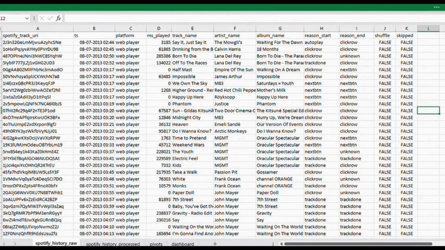I have worked on this dataset, which contains a user's Spotify streaming history of about 11 years, 2013 to 2024, with over 1 lakh records.